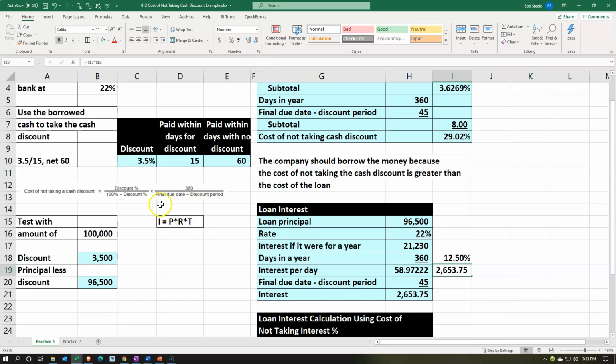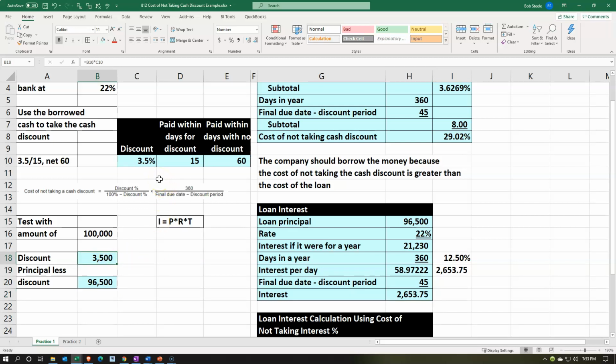And that fits with this formula. The time factor is a little bit confusing. Just note the time factor is a little confusing in the formula. All right, so then that means that, of course, this interest that we're talking about here is less than the 3,500, and that's why it would be beneficial to take out the loan